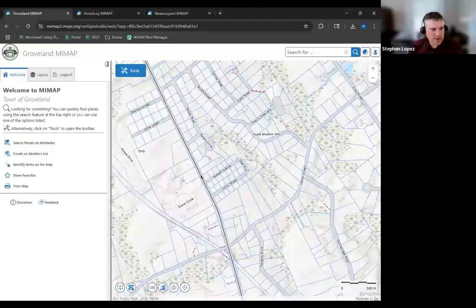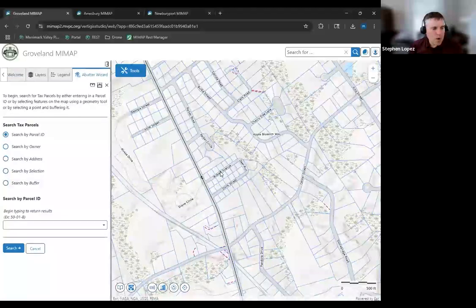With this create abutters list, did you want to actually just open up to that first screen, Kelsey? You can see there's a lot of options here. As Kelsey had originally shown, you can search by parcel or owner address, you can do a selection, you can do a buffer. That might not be all functionality you want to see.